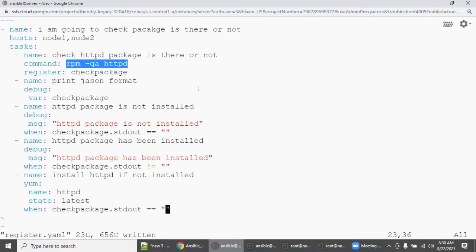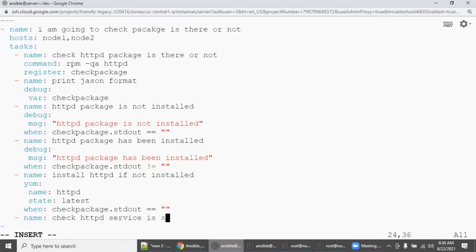Now I can even expand this. Another scenario: I want to start the service on whichever machines the service is not started. So let's go here and check whether the HTTPD service is started or not.